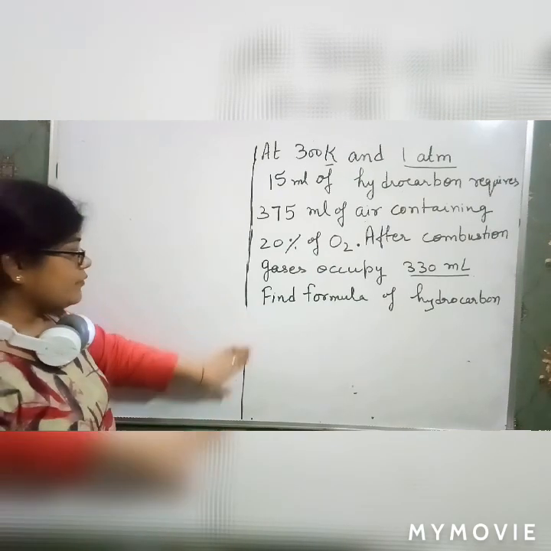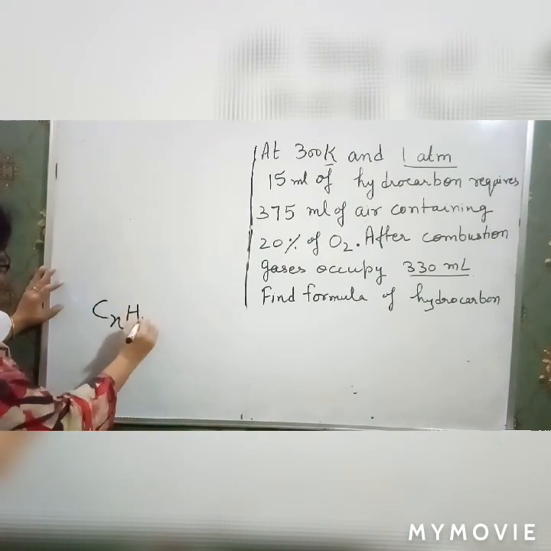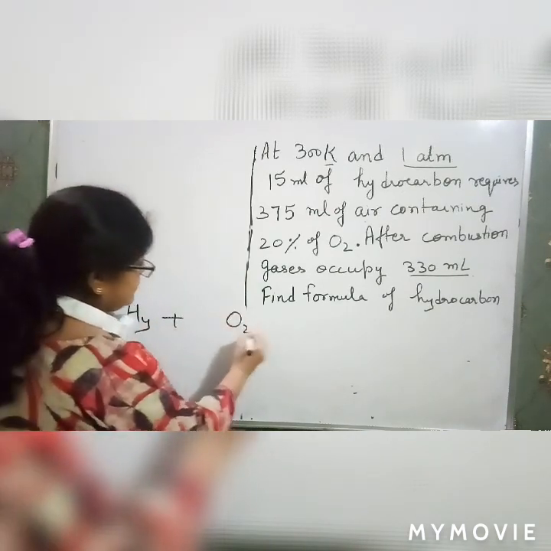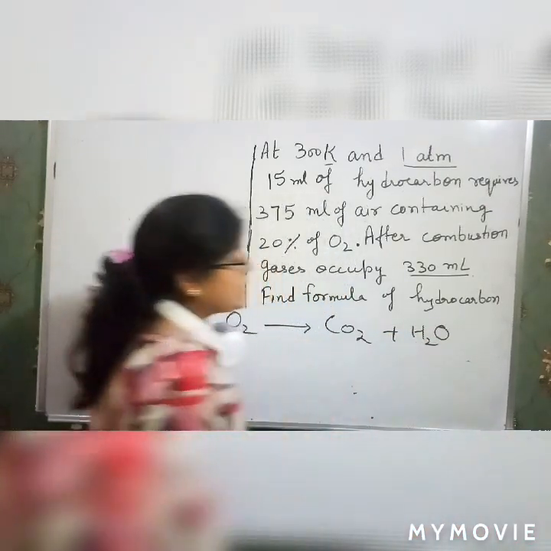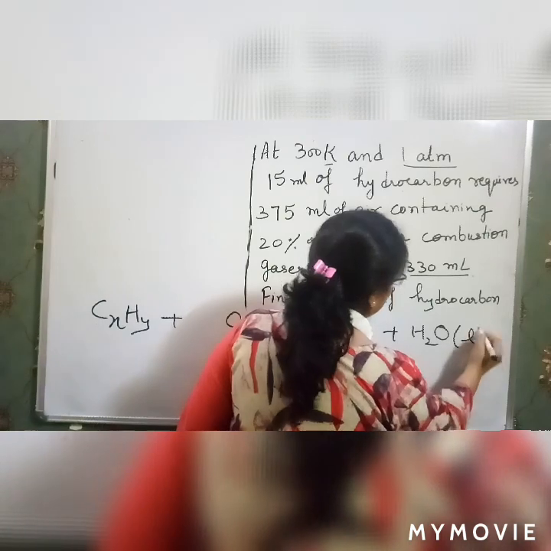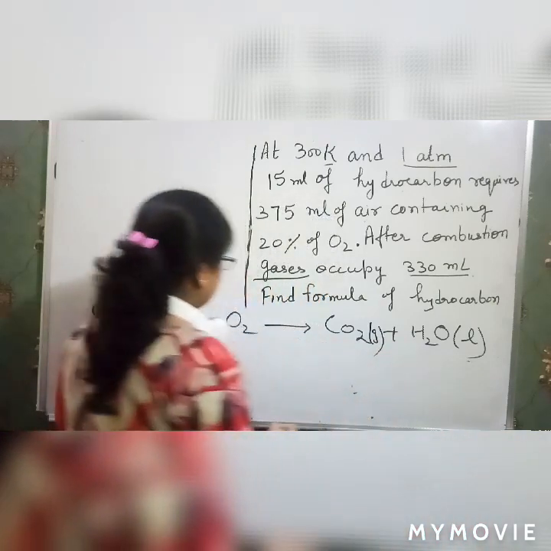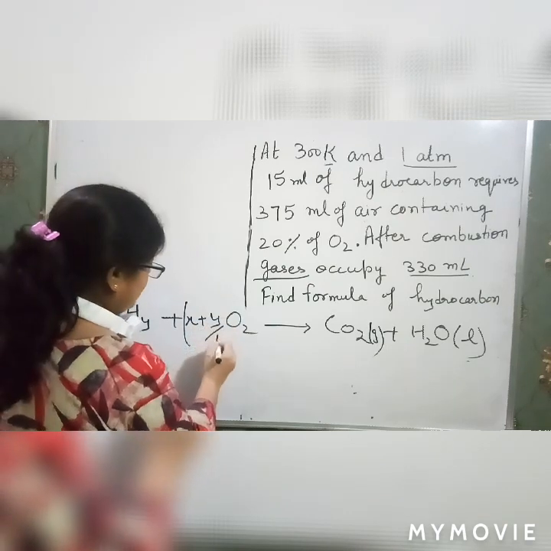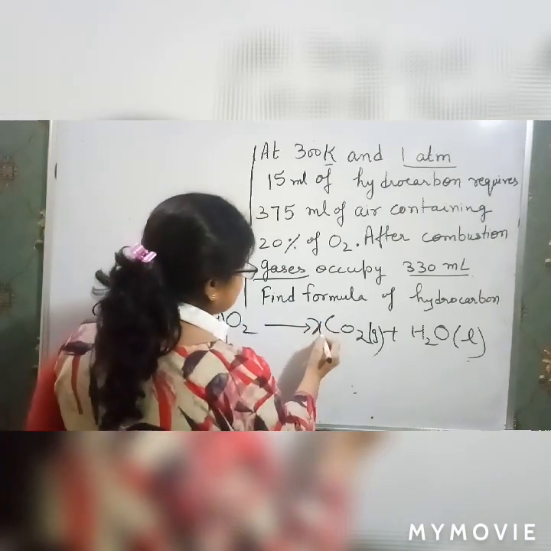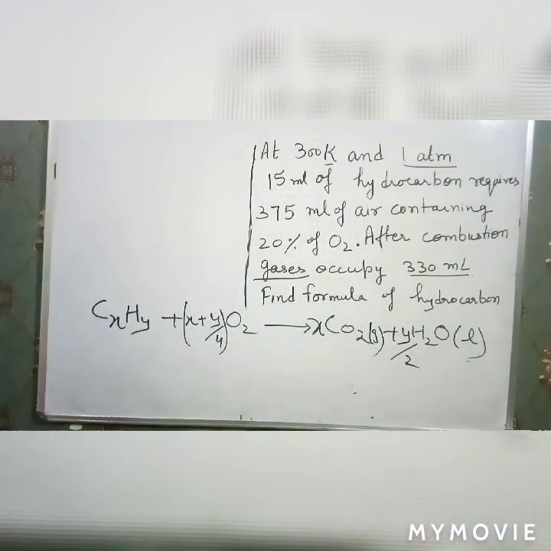So we have to find the formula for the hydrocarbon. One thing more I want to explain to you: whenever we burn any hydrocarbon, the formula for that is CxHy. It is burnt in oxygen that gives CO2 and water. Ultimately all the hydrocarbon burns into carbon dioxide and water as it is the liquid. And in the question it is given that gases occupy, and this is the gas. The coefficient of oxygen is x plus y by 4, the coefficient of C is x, and for the hydrogen we have y by 2. So this is the balanced equation for any hydrocarbon which is burnt in the air.